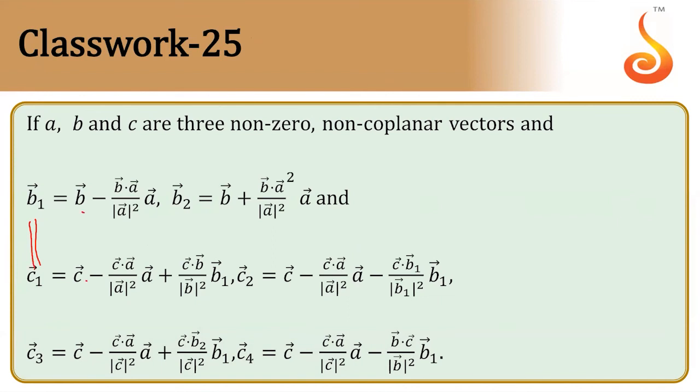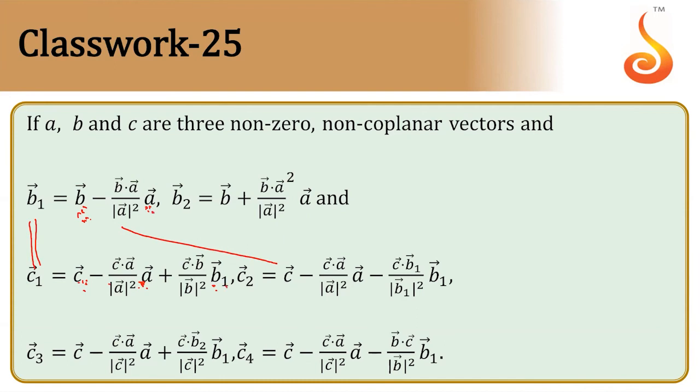B1 C1 means B dot C comes. B dot C, this is B dot A. B dot A means this is B dot A and B dot B1. So B dot C2 is easy to check. Okay, now B dot C, B dot A and B dot B1. A dot C, A dot A square cancel. This will cancel here. A dot B1.